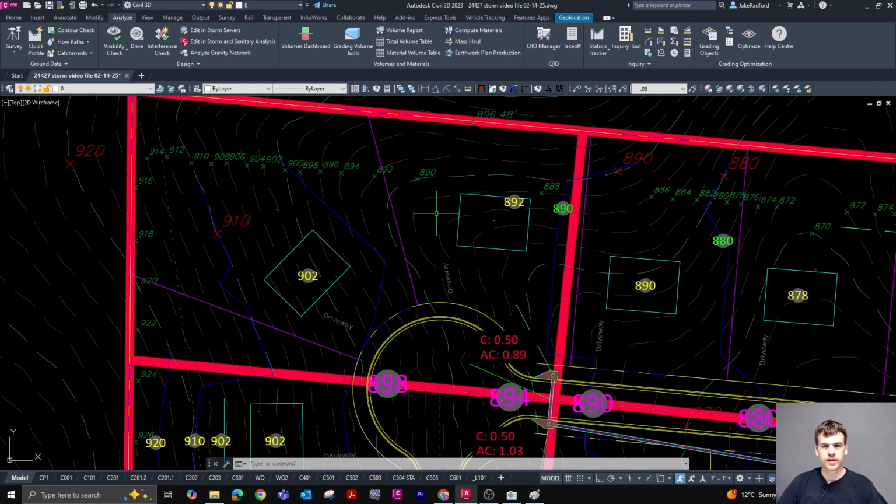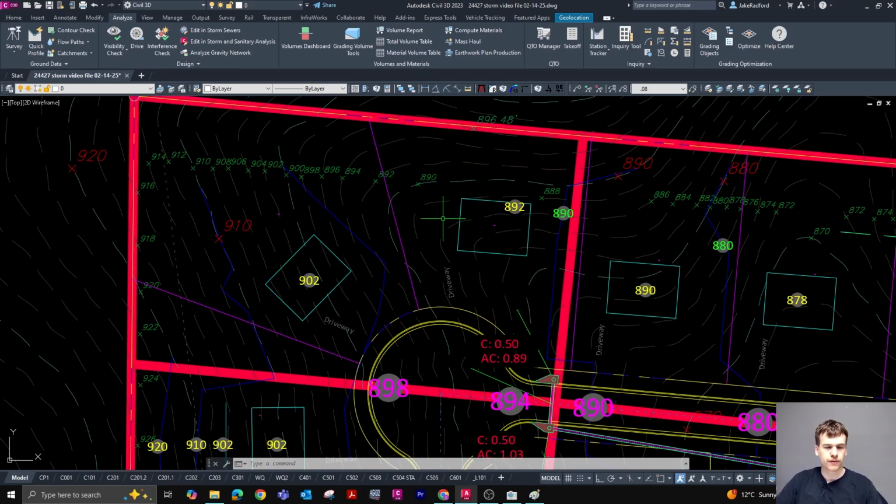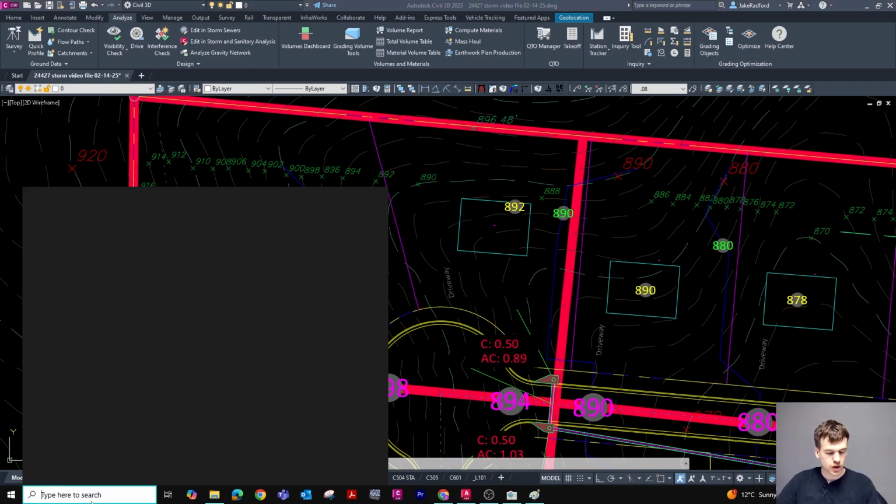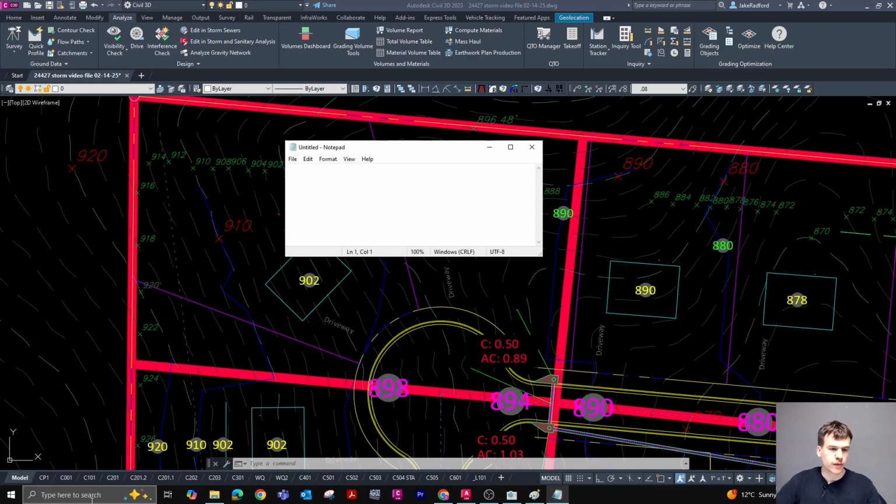So just to save time and to get a 95% accurate estimation of the flow coming off of that area, we're going to use a set of estimations based off of the imperviousness of the area. So if I go ahead and open up a notepad